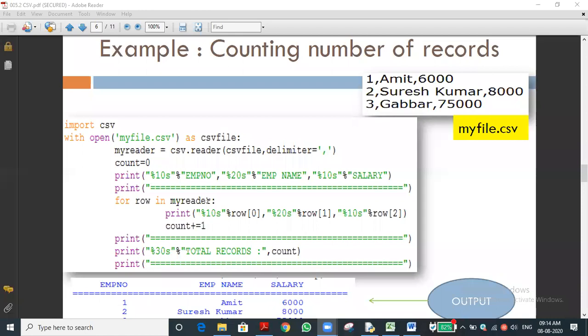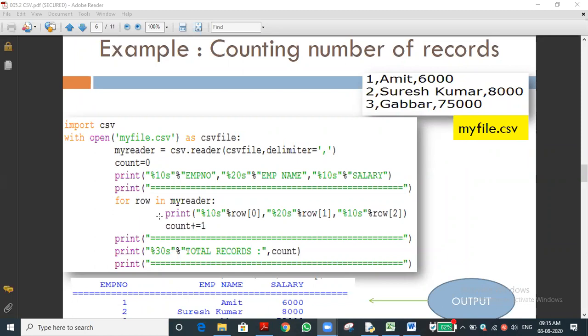Myreader is a reader object, sir. Reader object. Through that, I already said how the data will be accessed in a CSV file. Comma separated values? I'm not asking the value. The entire record, row by row only it will access, isn't it?